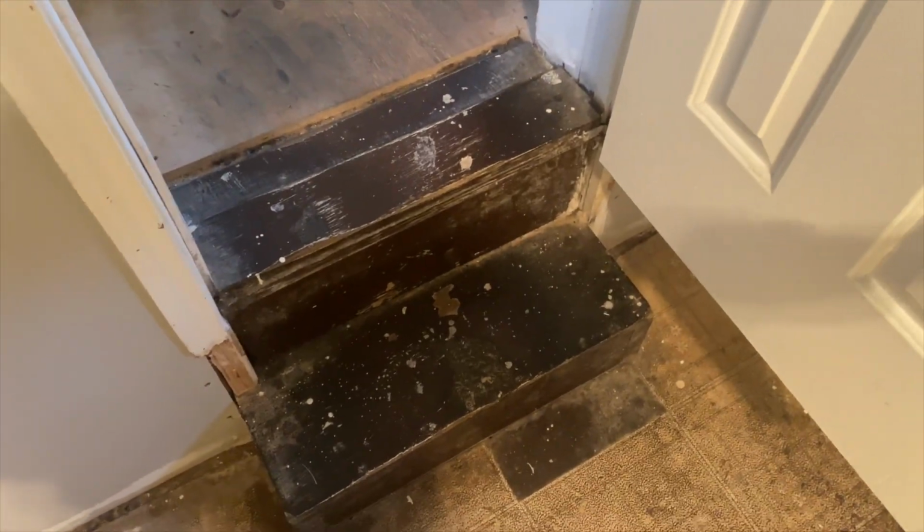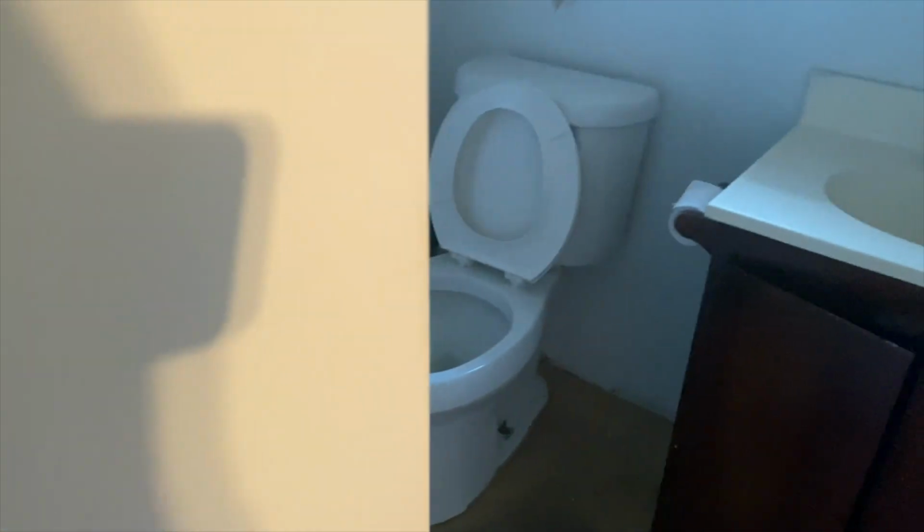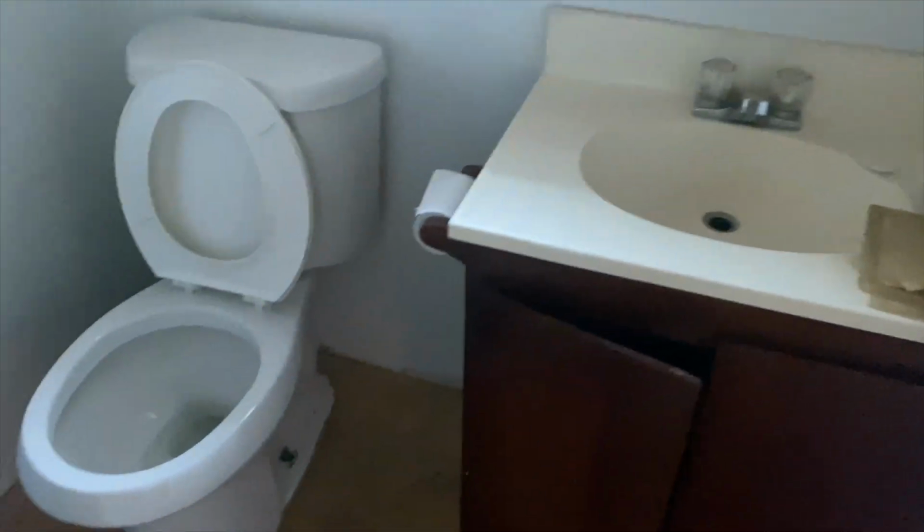Here is your master bath, which is terrible because you gotta climb up steps. So this might be a little headache, but this is gonna have to be eliminated. Get rid of the shower. Probably have to put a brand new one in here. Well, not probably, definitely gonna put a brand new one in here. I might just do a pre-built shower because